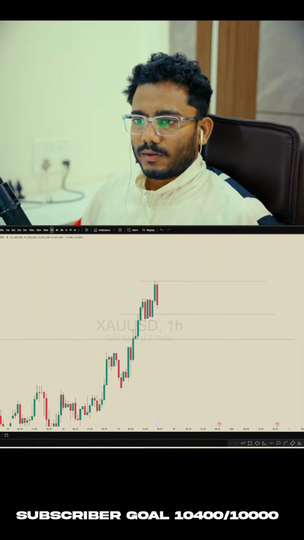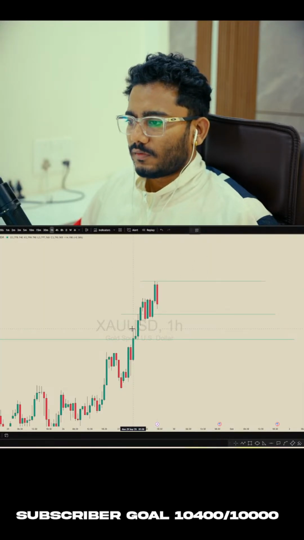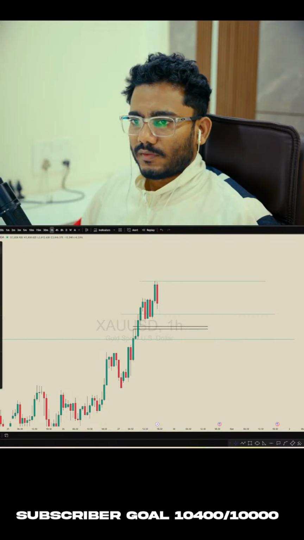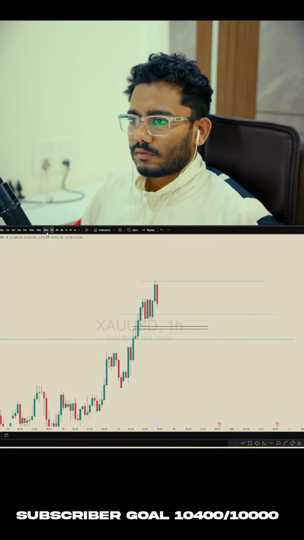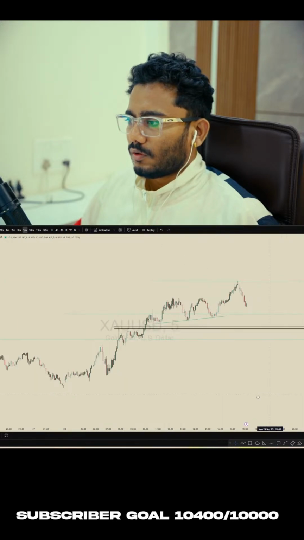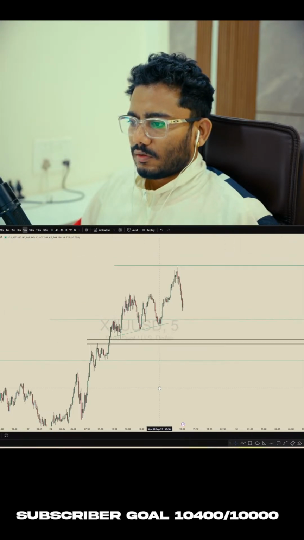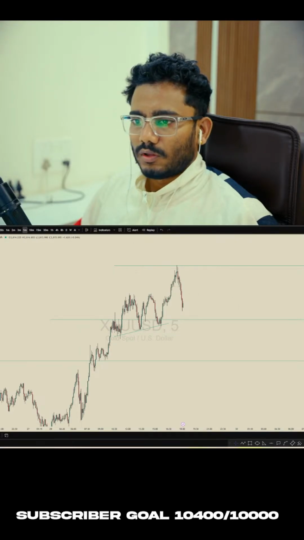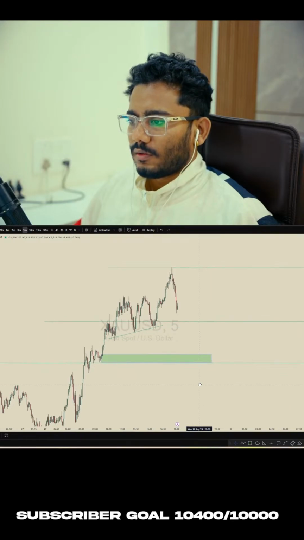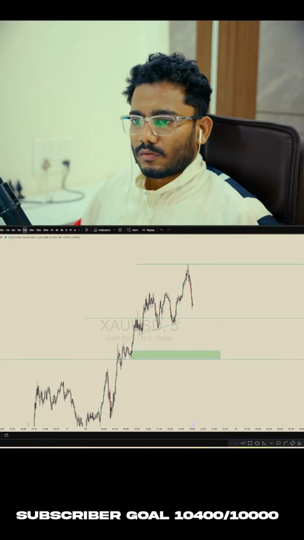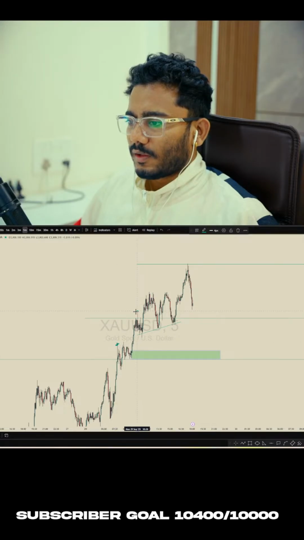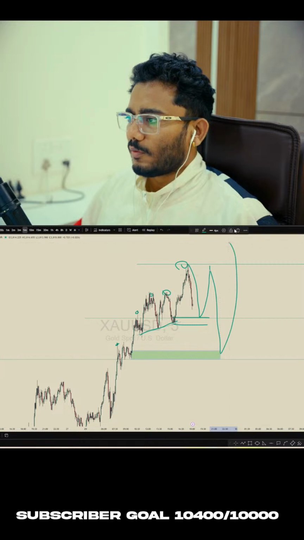So we have this 1 hour imbalance in the price, which is this one, and price has created this trend line liquidity here. If you look at 5 minutes, then we have this order block over here where we can look for a buy side trade. So we have this imbalance in the price, create a structure to the upside, create a swing line liquidity, tap this order block. So we could see reaction from here, this order block. And if this fails, then probably there will be a second entry from here.